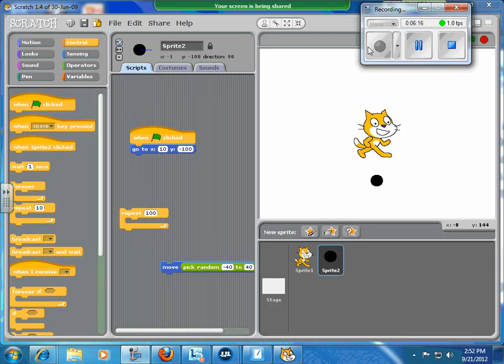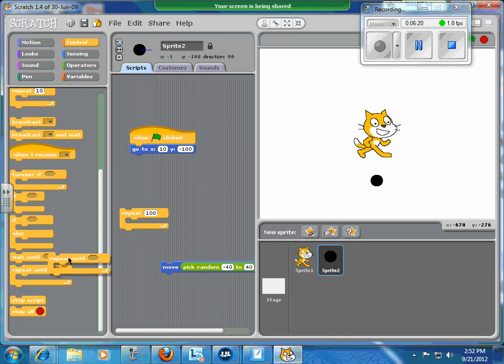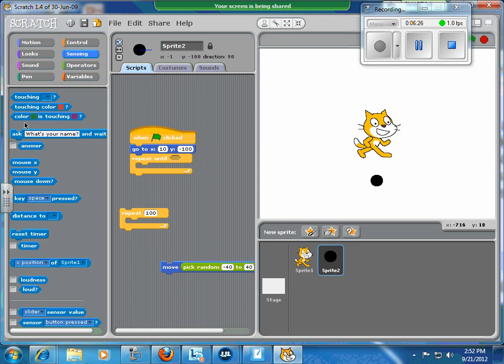I'm going to repeat until, and I'm going to go sensing, I think, right? Touching, and sprite 1. I should point out at this point, too, that you can also name your sprite. So instead of sprite 1, you could say cat or scratch or whatever you want to. Okay? So when you do that,